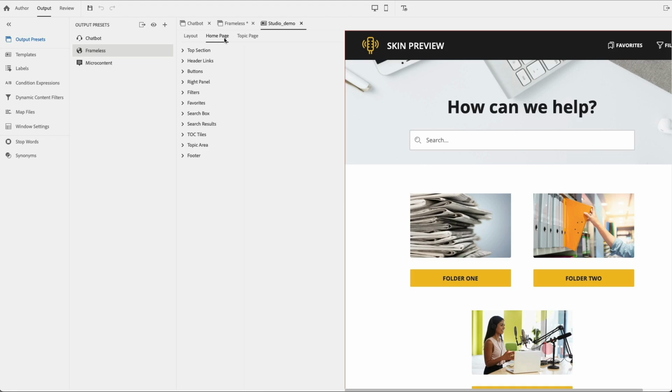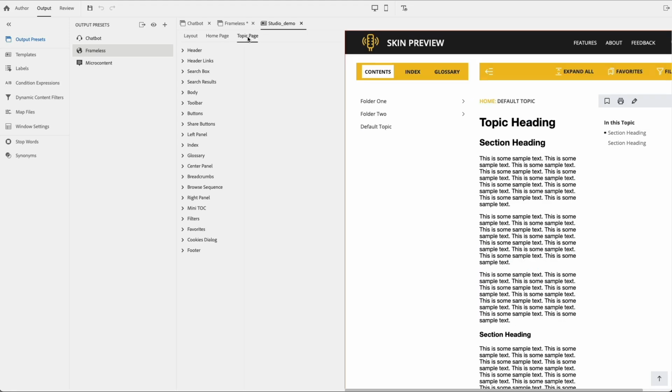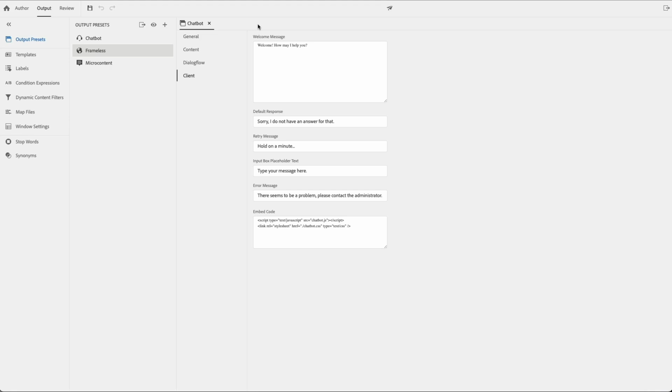In particular, the Studio output has a significant difference between the home page look and feel and topic pages. So you have almost different editors and different options for what happens on that initial layout, that initial homepage, and then how you navigate and work with your material and display it on the topic pages. I'll go ahead and hit save, close that out, close out the Studio demo,